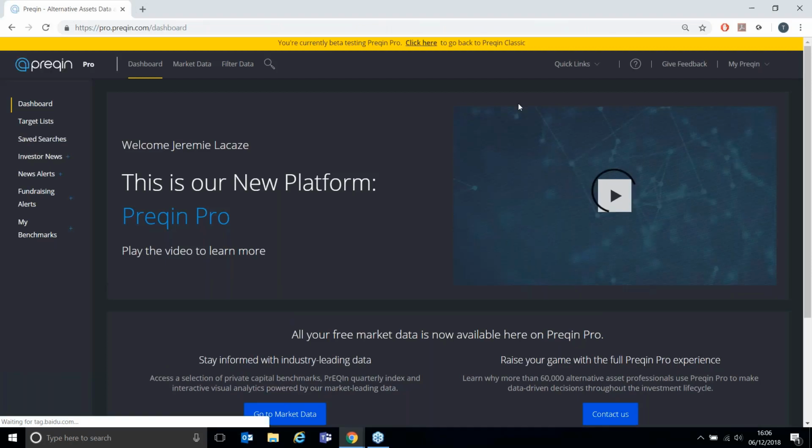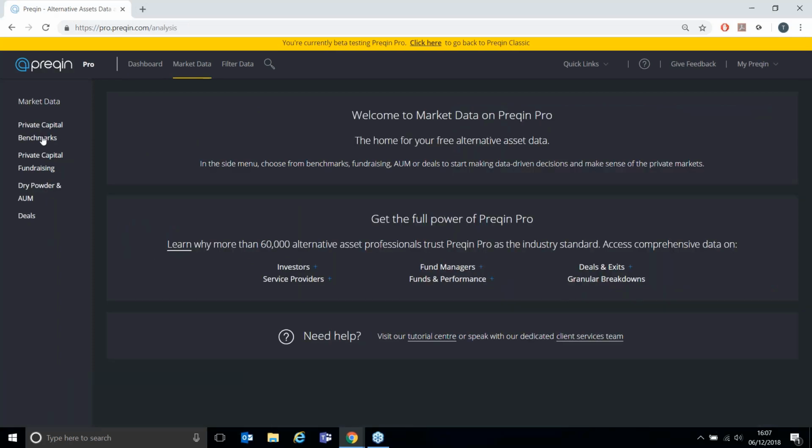Previously, this was all housed on our Research Center Premium. What we've now done is we're housing this on our Preqin Pro platform. So it's giving you more usability, more data within that as well. So within this, if you go across to the market data up the top there, one thing to point